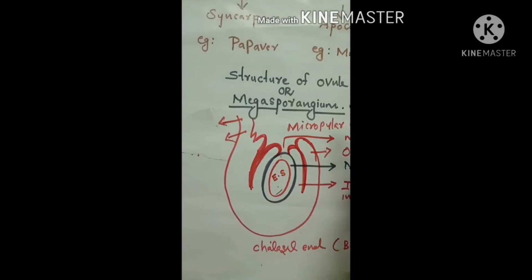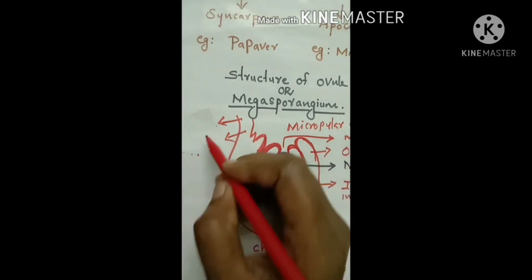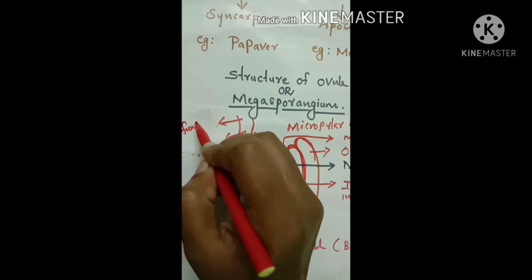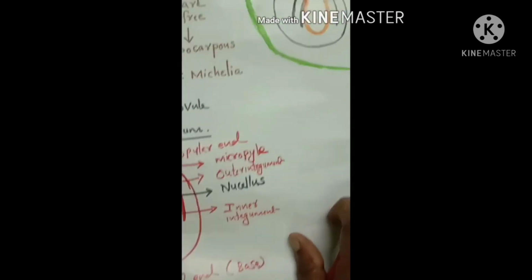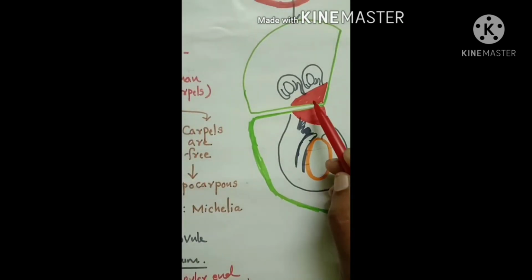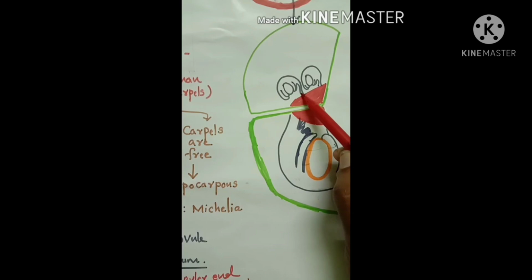And the stalk of this ovule is called a funicle. Stalk of this ovule is called a funicle. So what is the purpose of funicle? Funicle, I have already mentioned here. This ovule is connected to placenta, or ovules are emerging from the placenta. So ovules are connected to the placenta by a small stalk called a funicle.